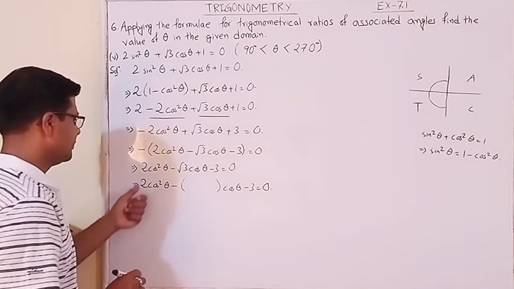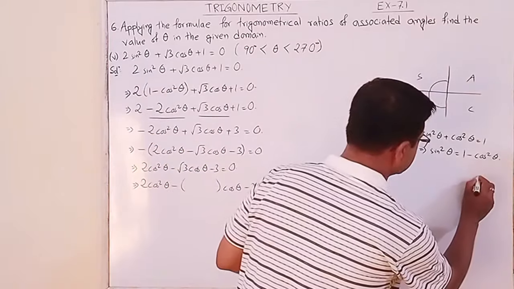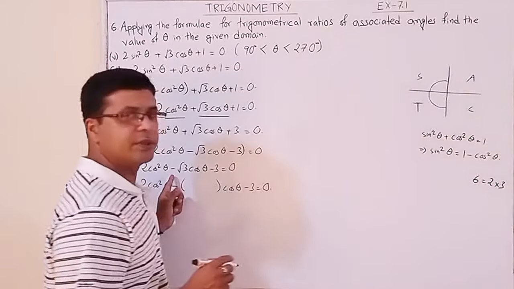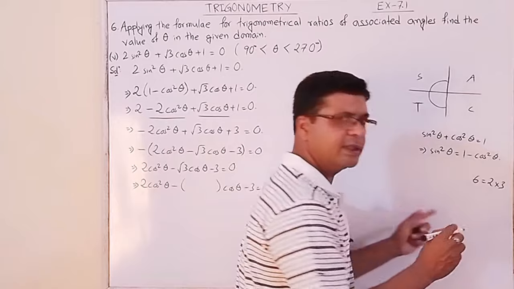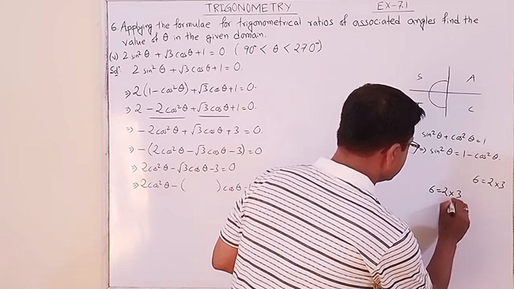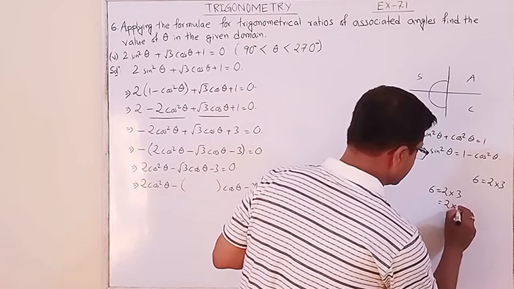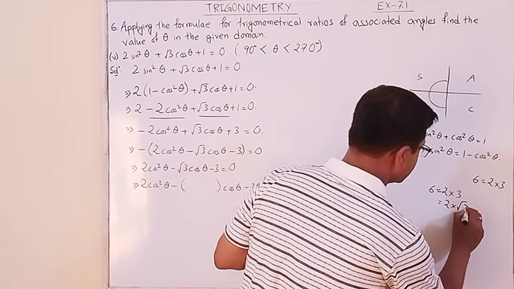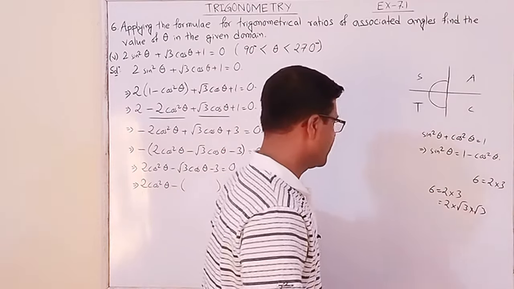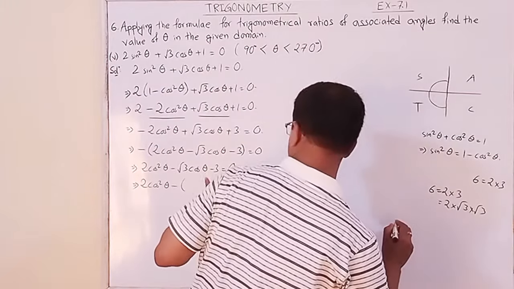Now at first what we have to do? We have to multiply 2 and 3, which is 6. 6 equal to 2 into 3. We have to get root 3, is it not? Root 3, how will we get? This 3 can be expressed as root 3 into root 3, because root 3 into root 3 is 3. We have to get 1 root 3, so by subtraction,